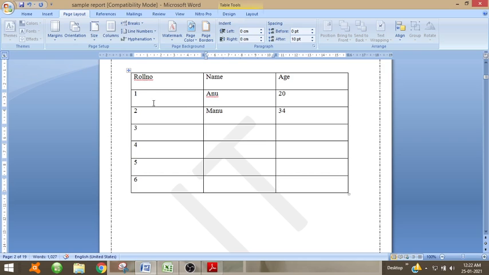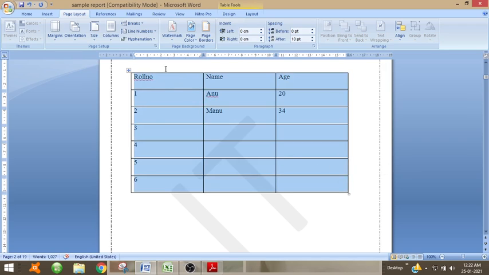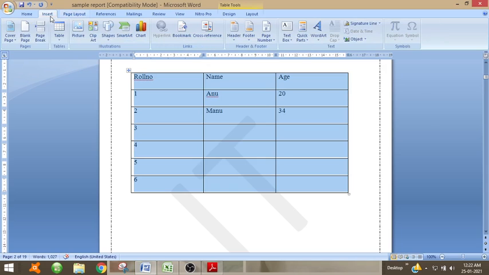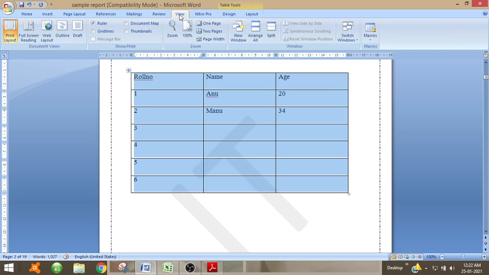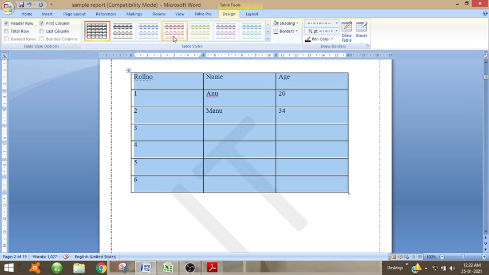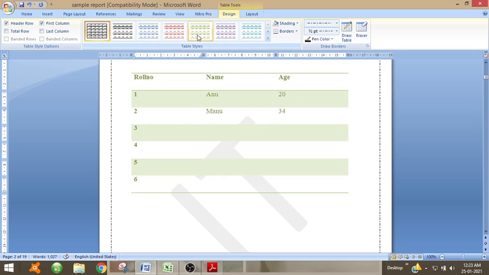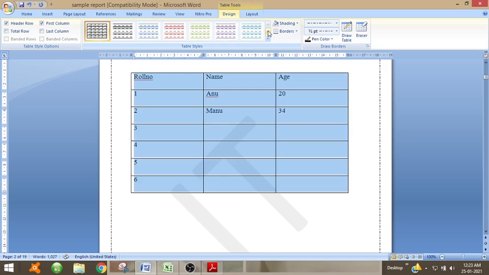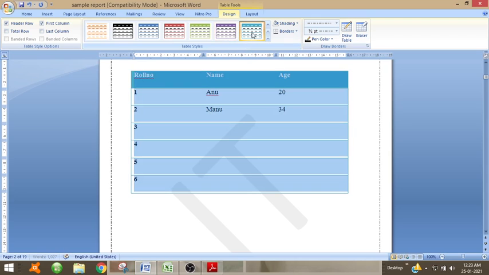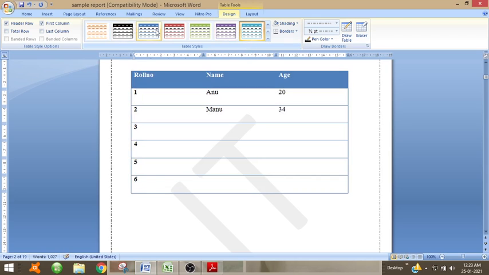So you can insert columns to this table, or you can give different formats to this table. Give any of the formats available for tables. Likewise any of the formats can be used.